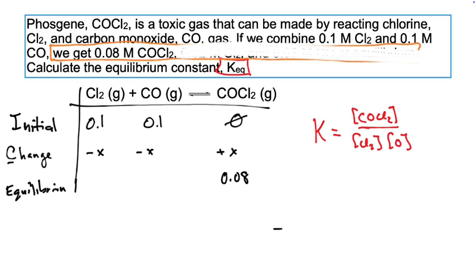How did I get 0.08? I started with 0. What had to happen? I had to add 0.08, which means x was 0.08. What does that mean negative x is? Negative 0.08. What's 0.1 minus 0.08? 0.02. What was the value that was given that I happened to erase? 0.02. Okay? So there's different ways we can organize the logic of our system to help us calculate and determine